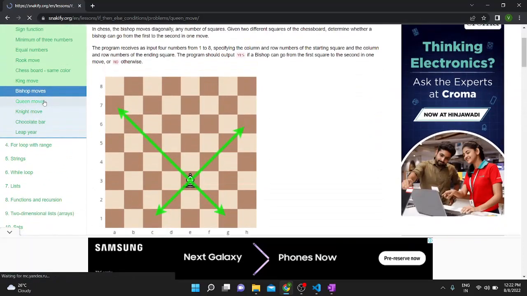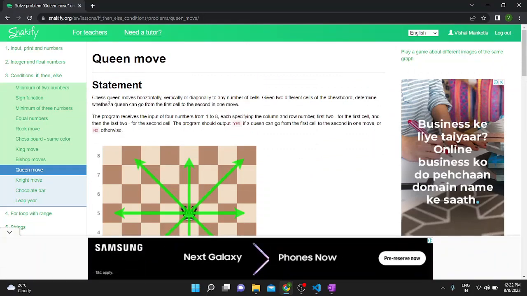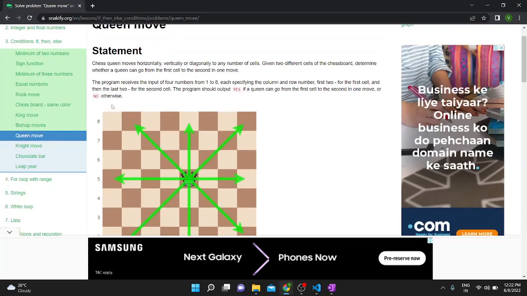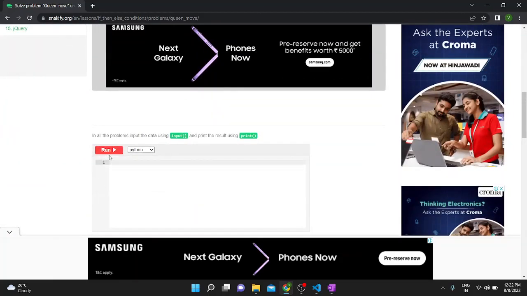So let's move toward the next problem statement. This is a problem statement regarding queening. From the previous questions, we are considering that king, queen and bishop have the capability to move either vertically, horizontally and diagonally. We will check whether they can either move to the next position or go to the next cell. Then we have to simply print yes, and I would remove this unnecessary stuff from here and simply